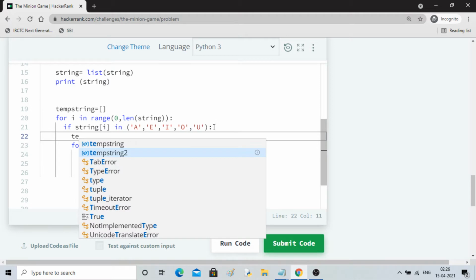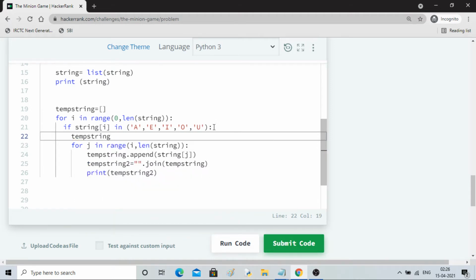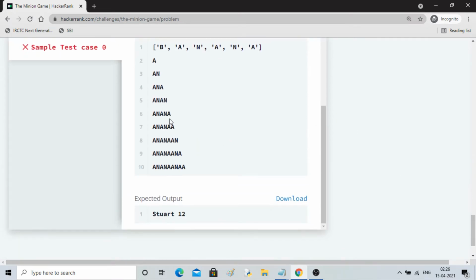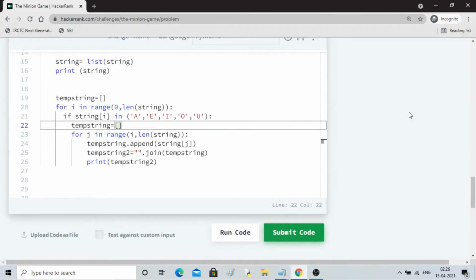So here I'll initialize temp string equal to empty, because it keeps on appending, it has to refresh from the next, so that I can use it properly.